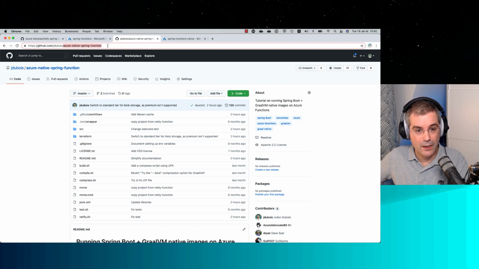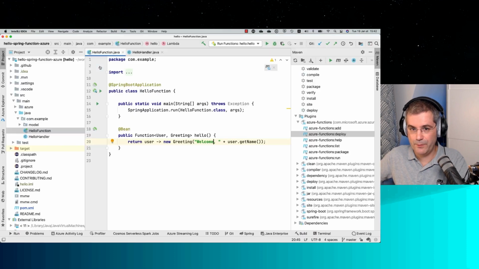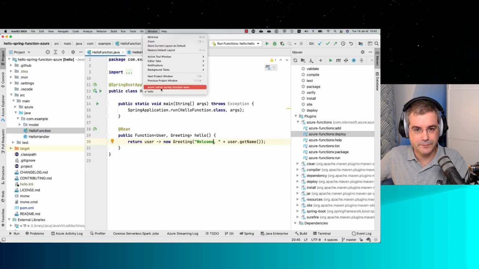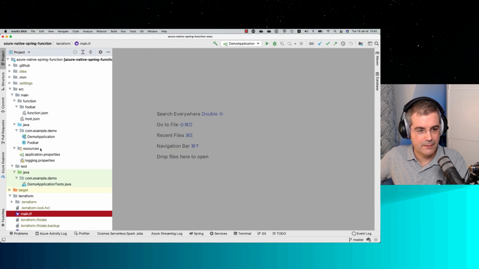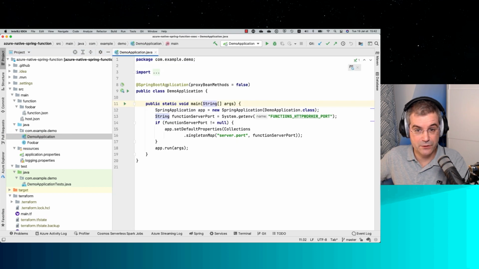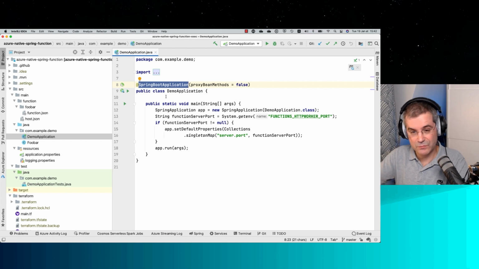So if you have a look at that code, let me open it up in my IDE. I'm still doing a Spring Boot application with @SpringBootApplication. So it looks a lot like what we just did before. It's still Spring and its ecosystem, but I'm going to have some limitations.